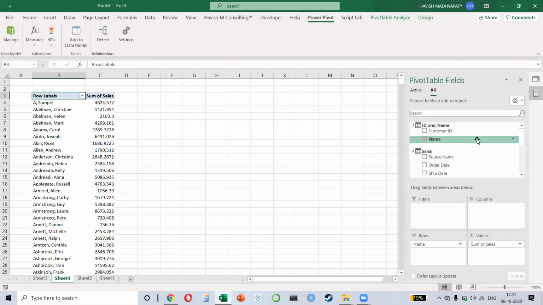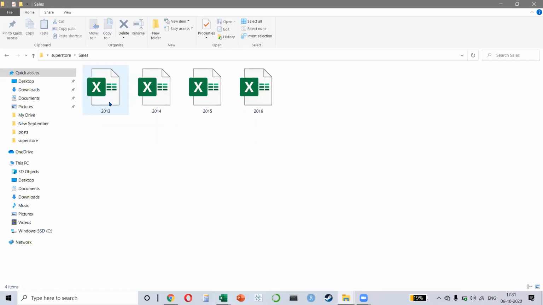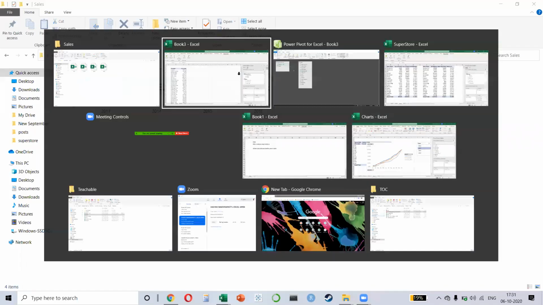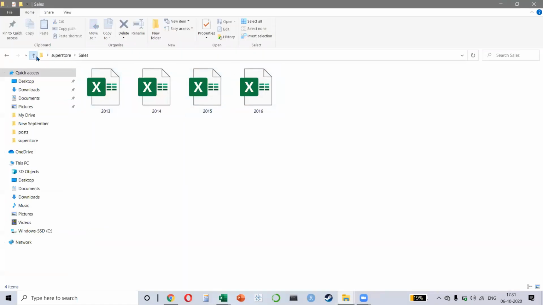How cool is that? Remember, these 2 columns are not coming from the same file. They're actually coming from 5 different files. That means this 4624 is coming from 4 files from 2013, 14, 15, 16. And the name is coming from a completely different file. It is coming from